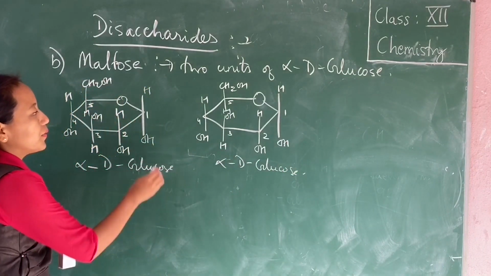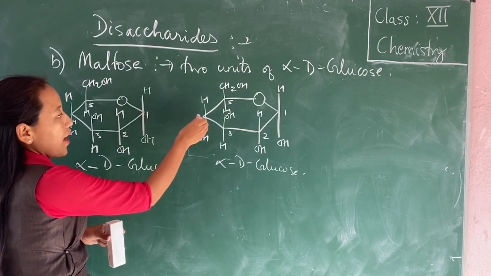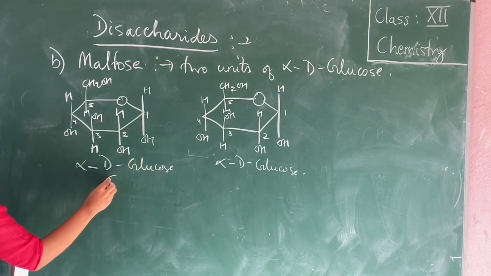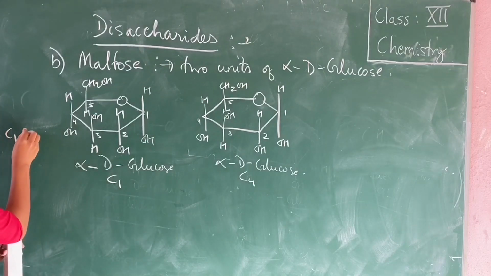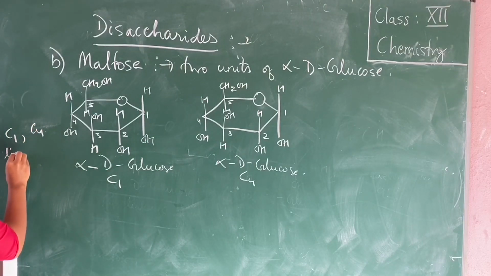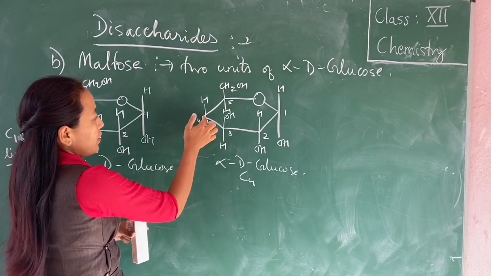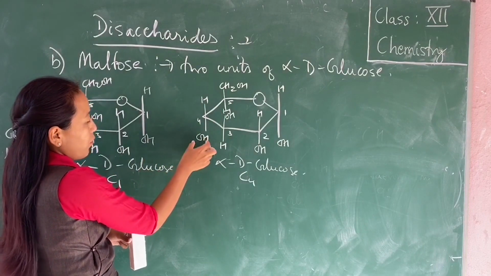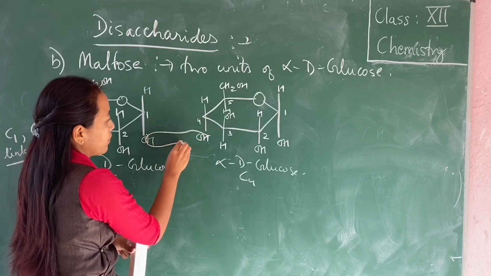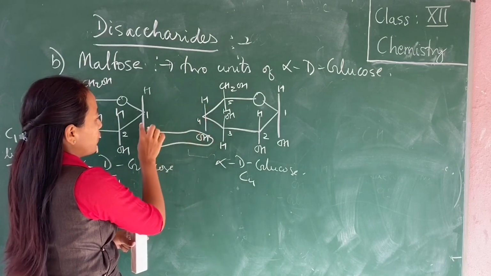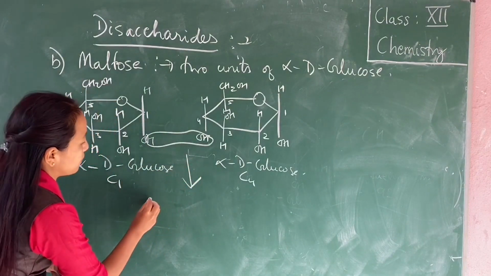Okay. Now these two will join together by eliminating a water molecule between C1 and C4, C1 and C4 of this glucose unit. So C1, C4 linkage is formed. The C4 and C1 both have OH, OH. Now from there, you have to remove a water molecule, and these two will join through this oxygen atom. And you will get a product where